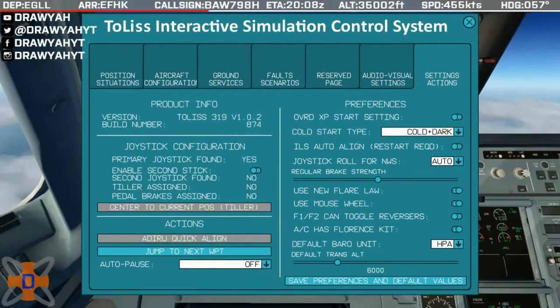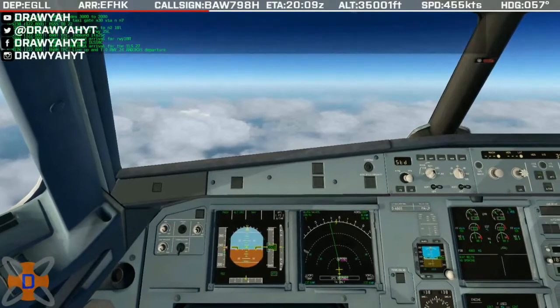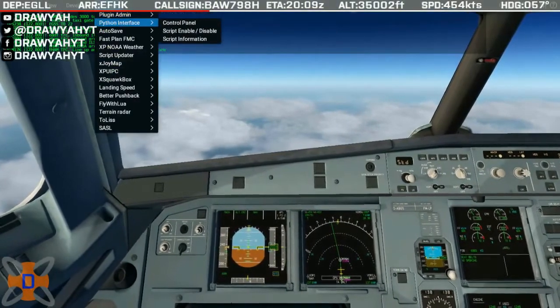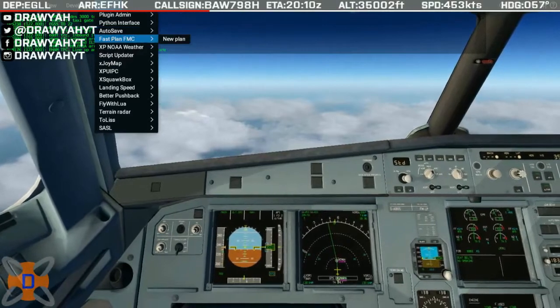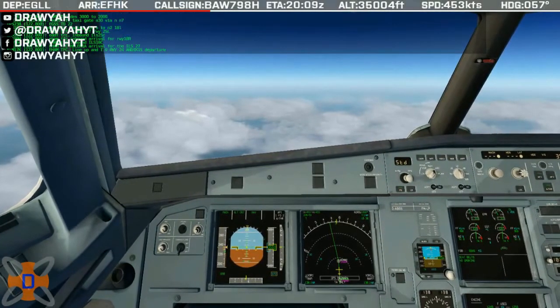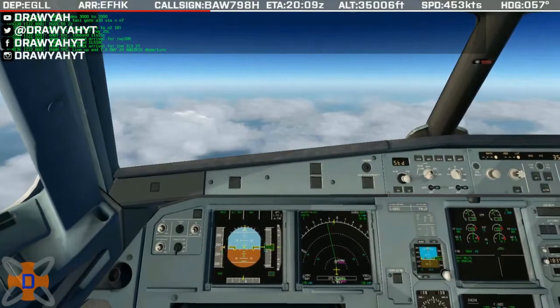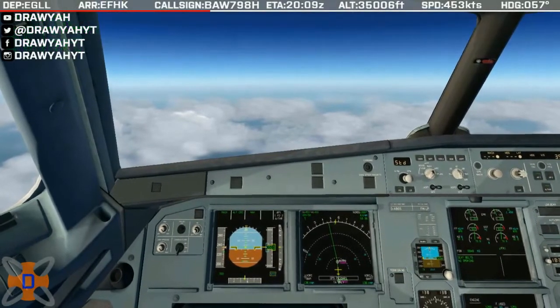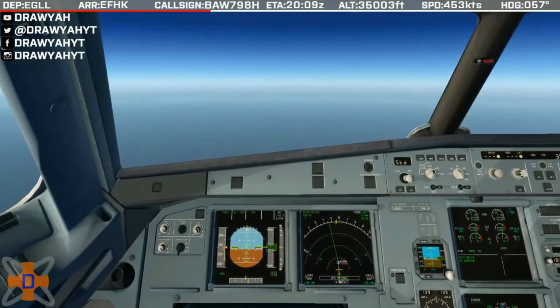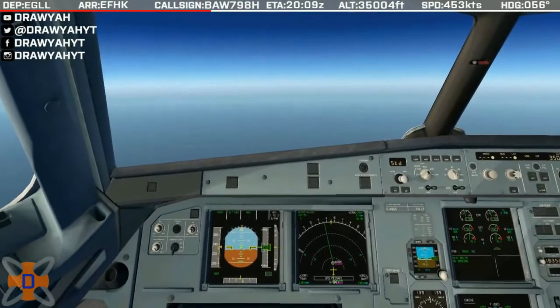Otherwise, it's a fairly advanced aircraft, the ToLiss. I do quite like it. Better than JARDesign, I think, because I know there's a bit of an argument in the X-Plane community: Flight Factor or ToLiss? Which one do you go for? Both aircraft have their strong points. If you want fly-by-wire, then I personally would recommend this one, the ToLiss, only because I know the guy behind